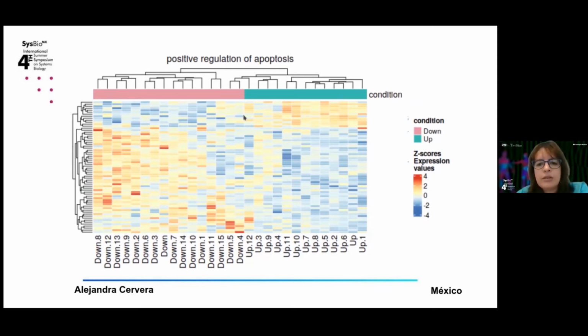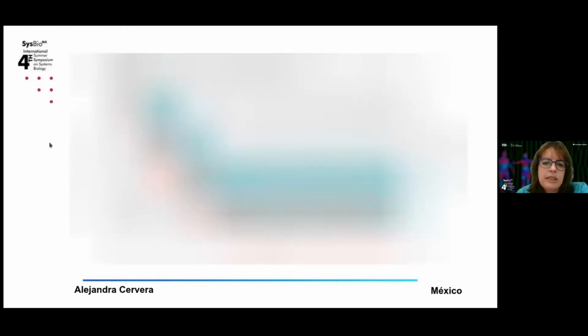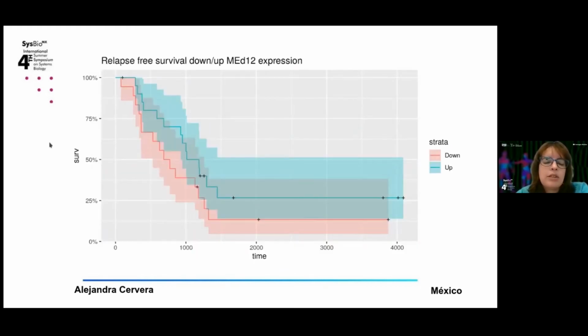And to get a better understanding of whether MED12 overexpression, or this phenotype that we are observing, has an impact on the clinic or on patient prognosis, what we did next was some relapse-free survival analysis, and this doesn't look as pretty as I would like. We have a big overlap of the confidence intervals. We think that maybe it is true that patients with overexpression of MED12 will have a better prognosis, but